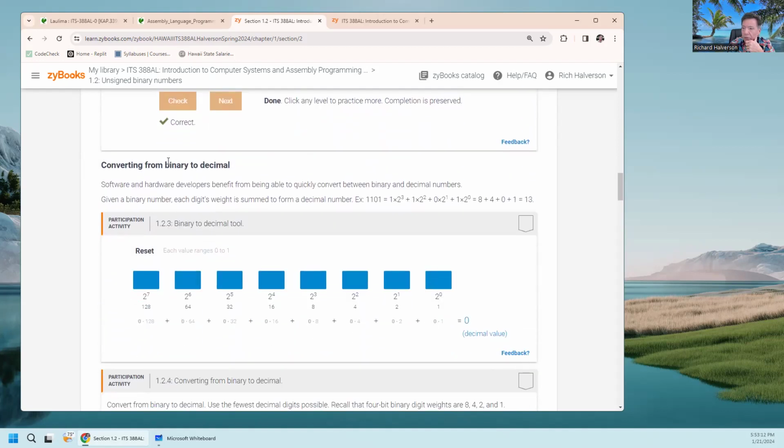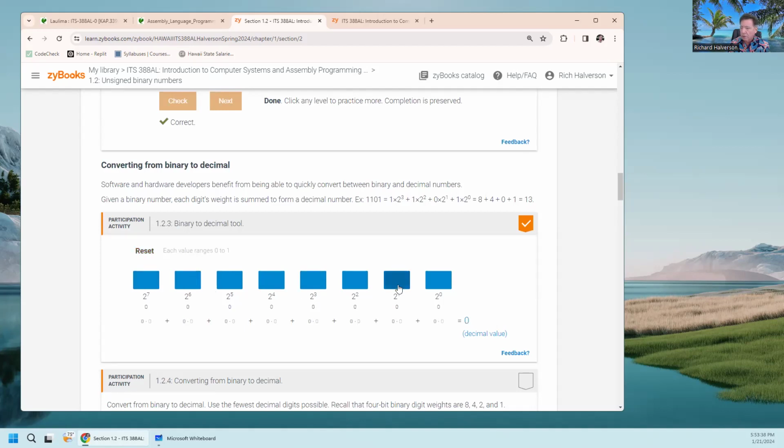So, converting from binary to decimal. All right, so what you do is, as they say, multiply it out. And it's pretty easy because for each place, you basically add them up. And so, what do we do here? Okay, so let's do